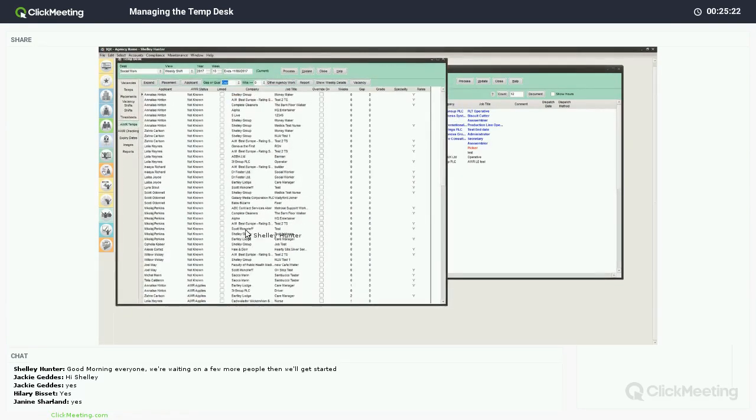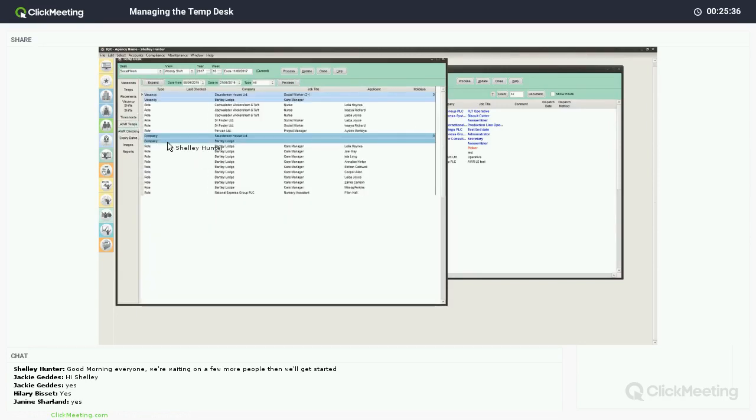And this is the same regardless of whether you're on a shift desk or a contract desk, and it just brings everything together so you're not having to go through your individual temp records and have a look at their particular AWR status. Next one we have is our AWR checking,